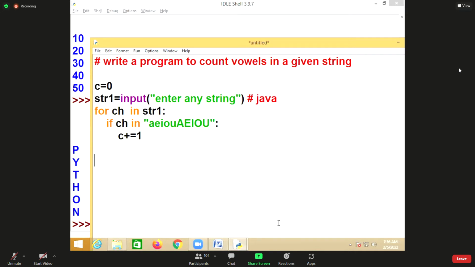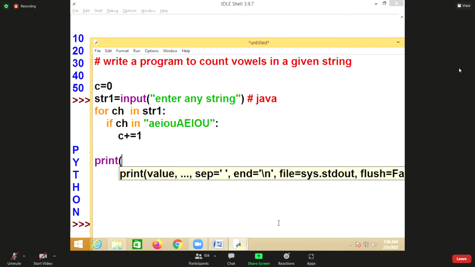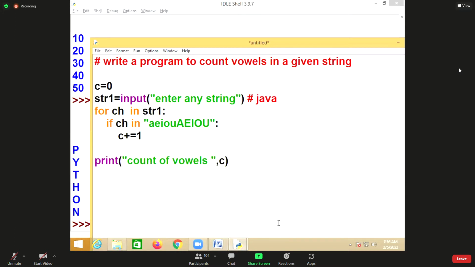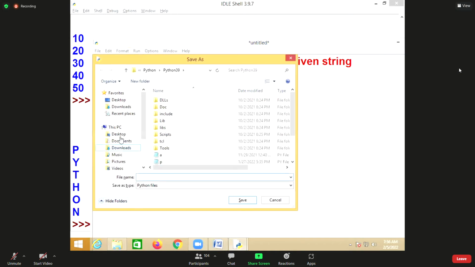Then after the for loop, print count of vowels. This is a message, and this is the value of which variable? C. The value of variable C.